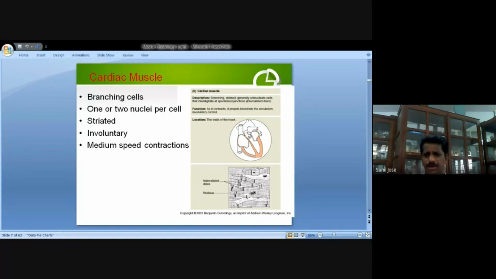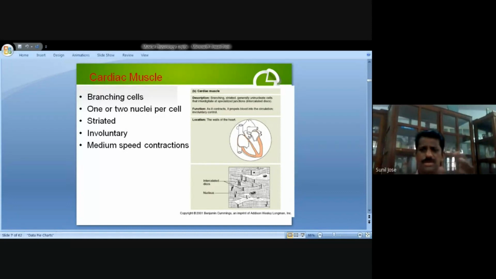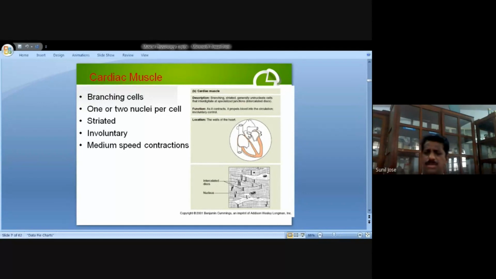അപ്പോൾ involuntary muscles എന്ന് പറഞ്ഞാൽ എന്താണ്? Those type of muscles which we cannot control directly, those type of muscles which are working without our conscious will. അത് ഓട്ടോമാറ്റിക് ആയിട്ട് വർക്ക് ചെയ്യുകയാണെങ്കിൽ such type of muscles are known as involuntary. So in the case of cardiac muscle, these are involuntary muscles.